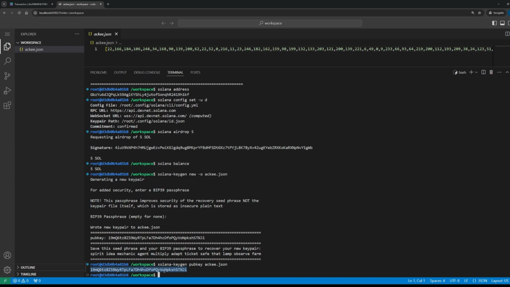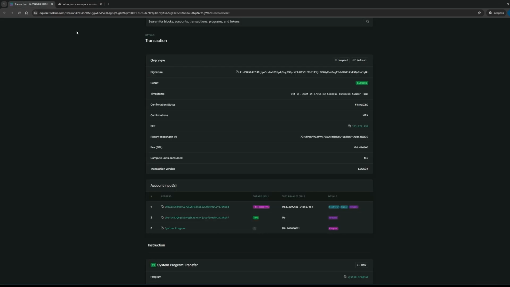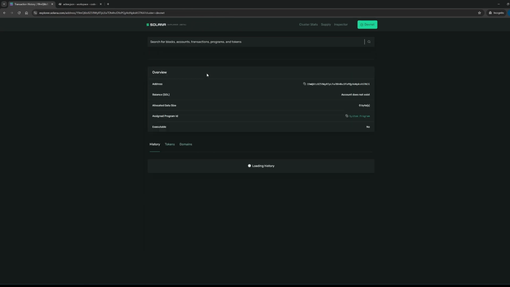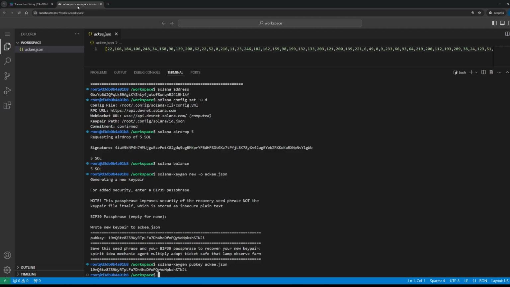If I take the public key and use Explorer, you will see that the account is empty, because we just created it and it does not have any balance, any SOL. So we are going to send Solana to this account. So let's do that.